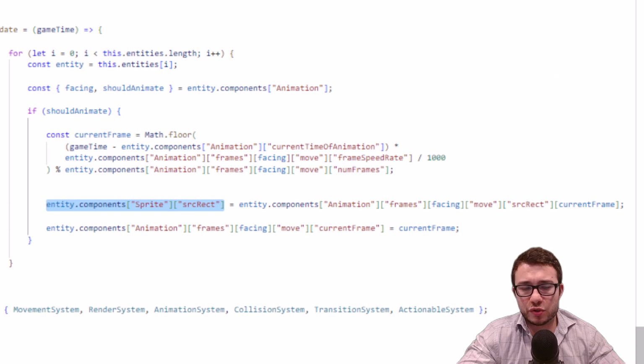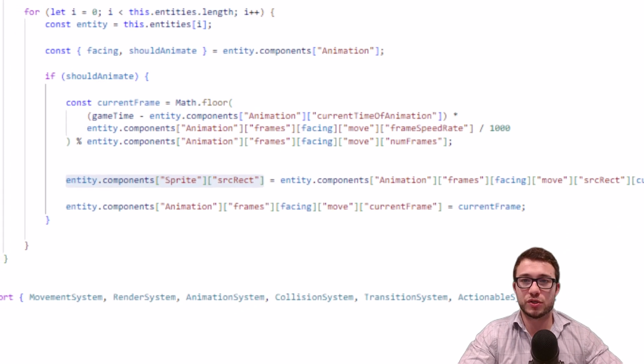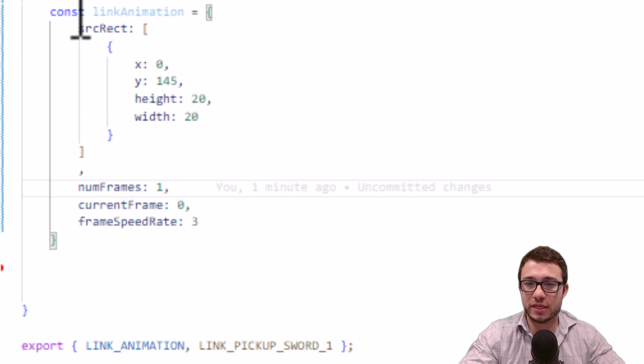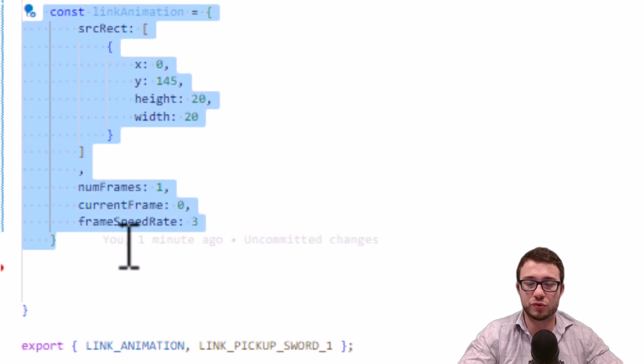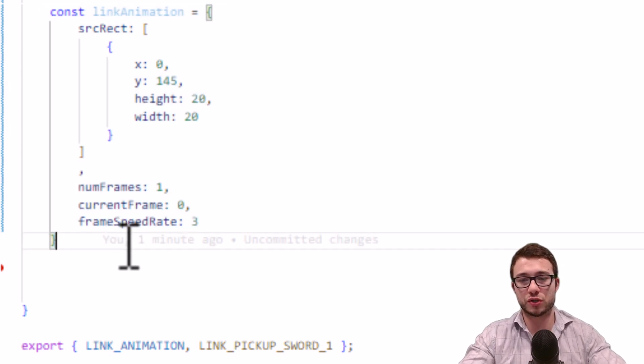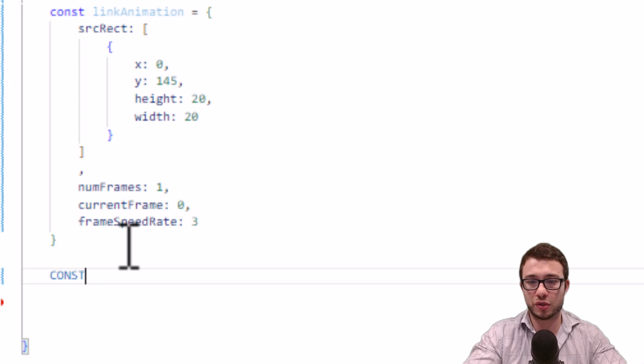And what we're going to do is we're actually going to simply replace this src rect array inside the animation component, and we're going to keep it there until the animation is done, where we will then put back the original src rect. So what I'm going to do, I made this src rect, which will be the animation. We want to also grab the original src rect,